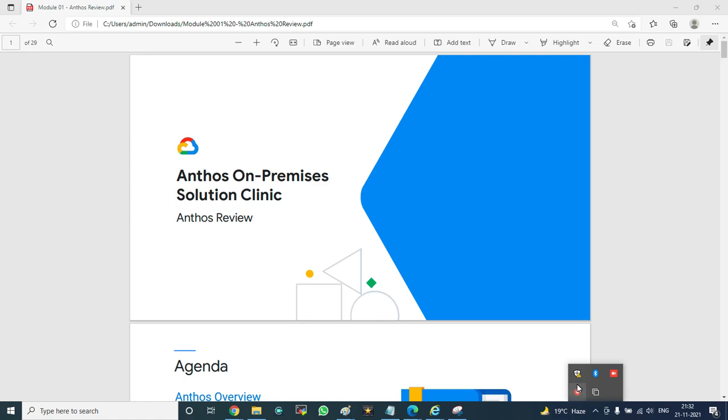Hi, Shobit. Let's discuss the Anthos config. First of all, let's discuss Anthos. Here, we will see how to install the Anthos cluster over the on-prem environment. And Anthos is providing three different types of